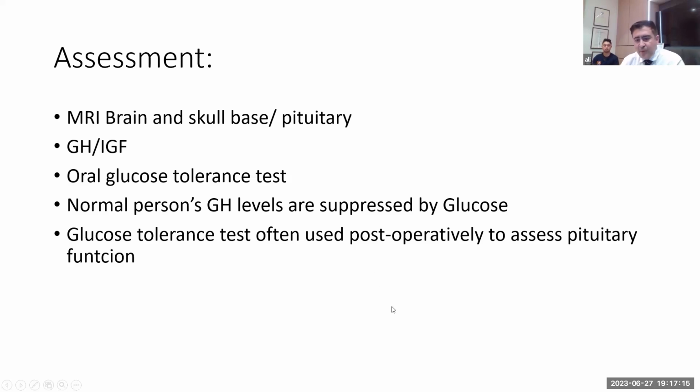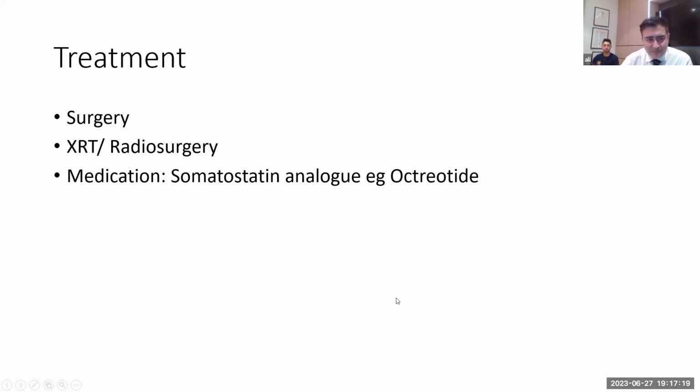And we use it in the post-operative setting to see if we have cured the patient or not. Treatment, again, acromegaly is treated with surgery. And removing the lesion can eliminate the patient's symptoms. We remove the lesion. The next day, the patient says that his voice is less rough, his facial contours are